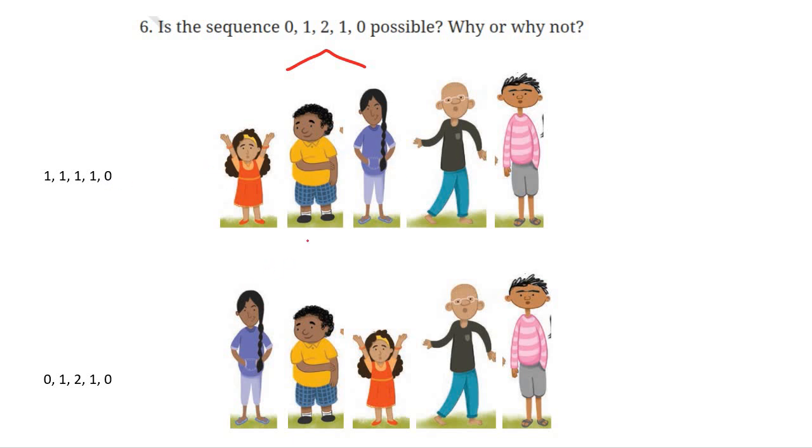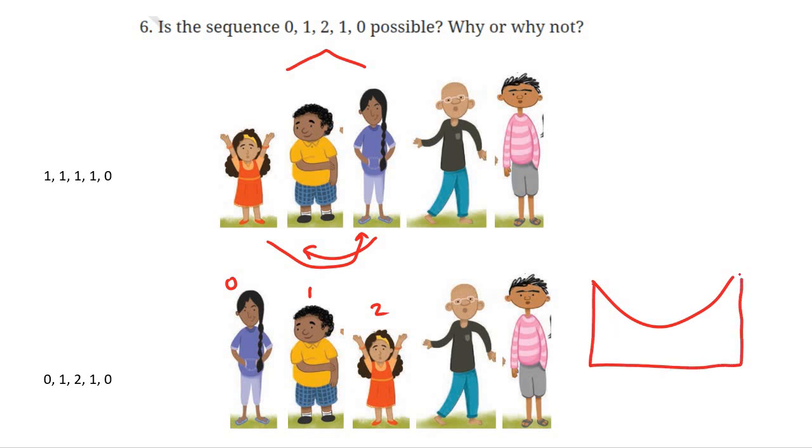Next, if we can do this rearrangement, say for example this fellow goes over here and she goes over here, then you see this is the arrangement. You see, again she will say 0, he will say 1, again this fellow will say 2. So basically what you have to do is the arrangement of heights like this. This is what I have done, see. Then only you can get this sequence of 0 1 2 1 0. Okay,